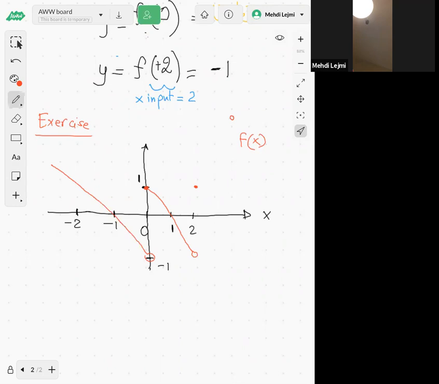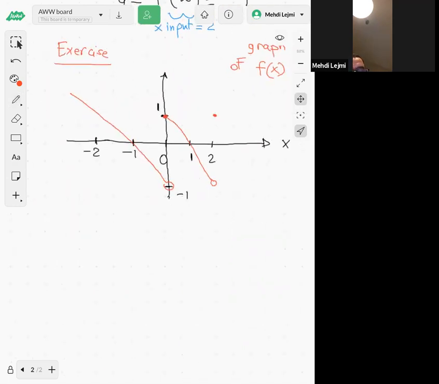This is the graph of f of x. Okay, so what you need to do, guys, is you need to find